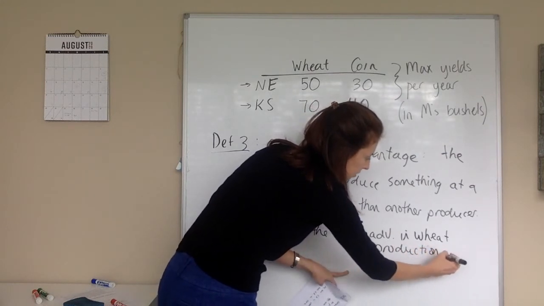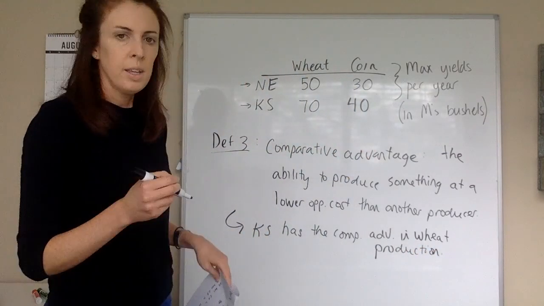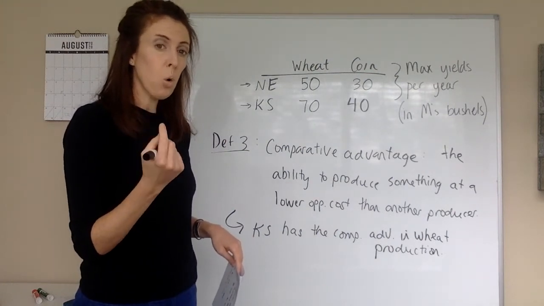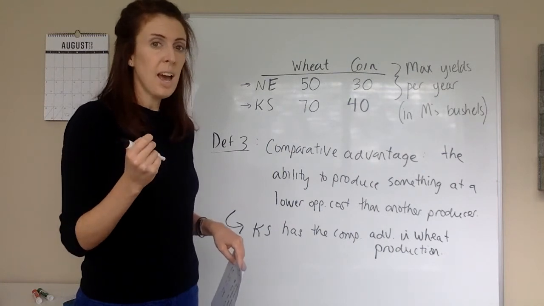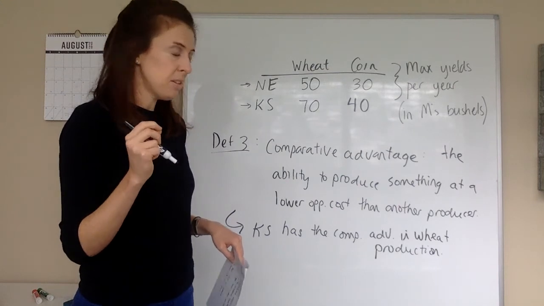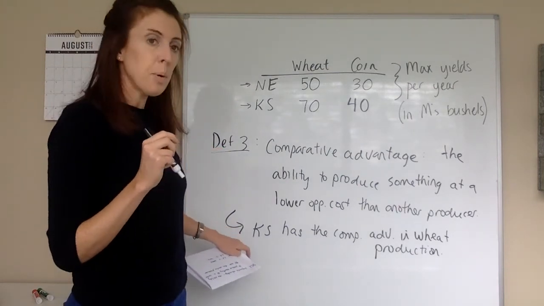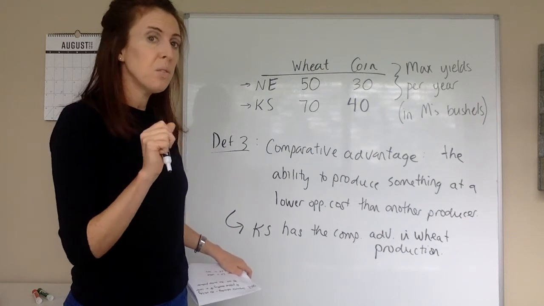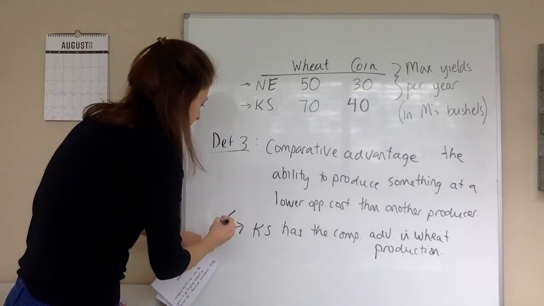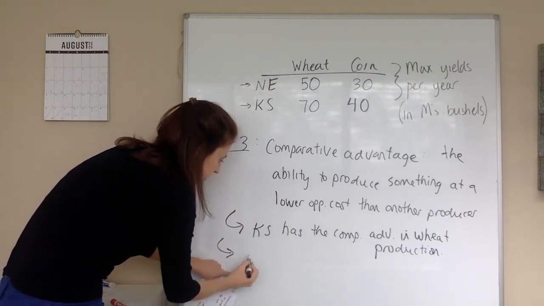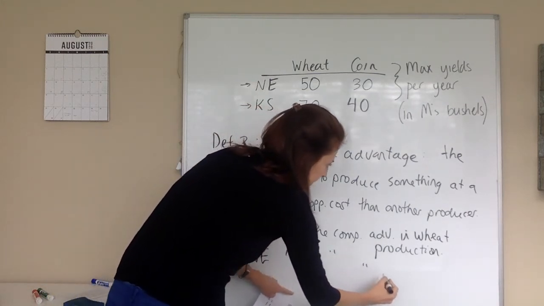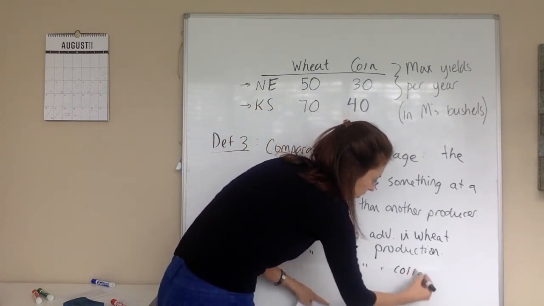Okay, now let's look at the corn market. So again, glance up at your notes and look at the opportunity cost for each state to make 1 unit of corn, and then see which state had the lower opportunity cost. Okay, it should be Nebraska that has the lowest number. So that's going to tell us that Nebraska is going to have the comparative advantage in making corn, even though they don't have the absolute advantage in making corn. So put this in our notes and then we'll discuss. So Nebraska has the comparative advantage in corn production.